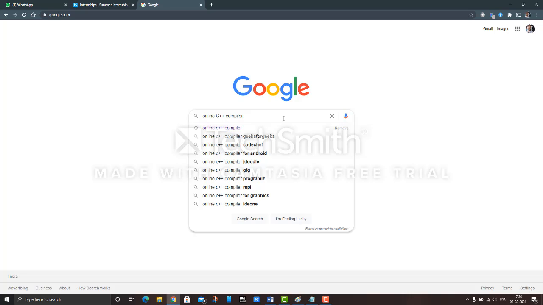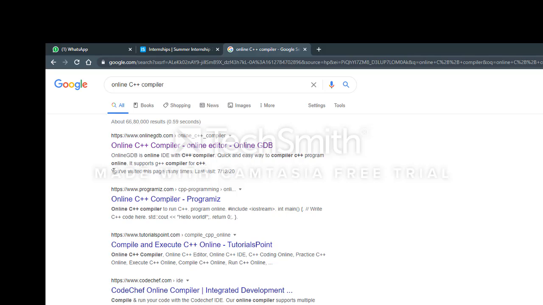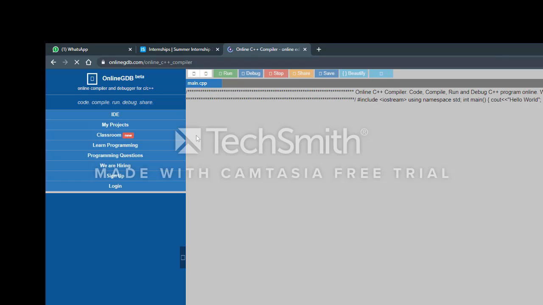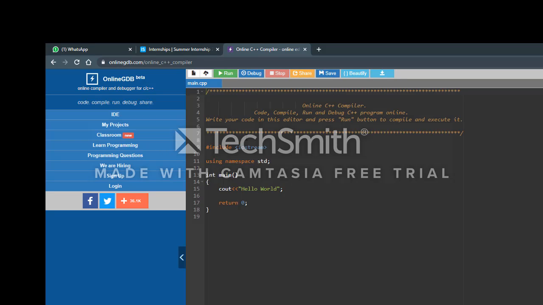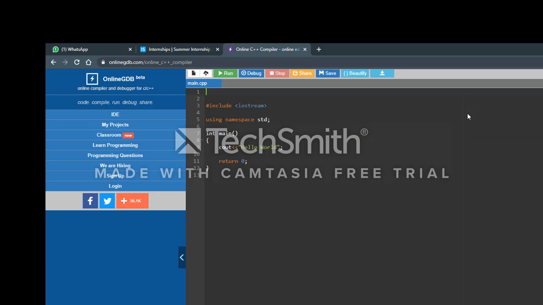Because we aren't going with a local tool right now, I'm going for an online tool, that is an online C++ compiler. Search it in Google. It's convenient for me, and you can also choose programmiz.com and other compilers to do the same. If you open that terminal, you'll see something written. What is this? This is nothing but comments. Comments are not run in your programming language, so I can simply delete it.